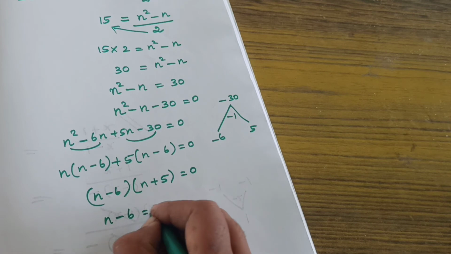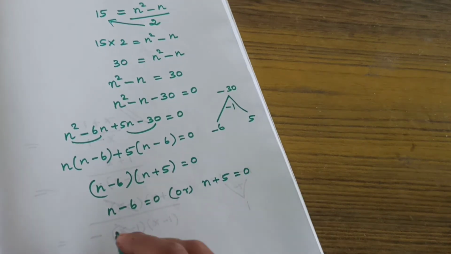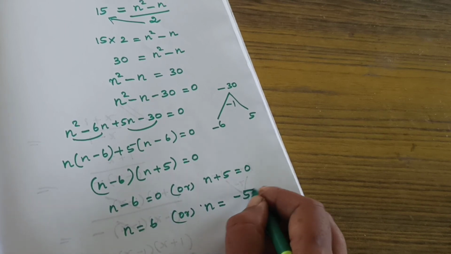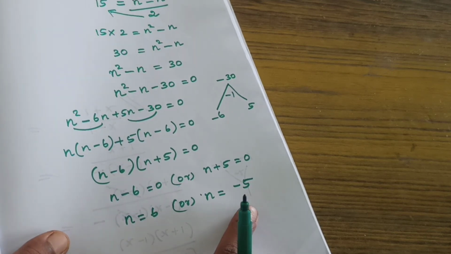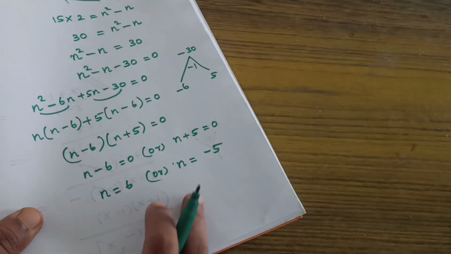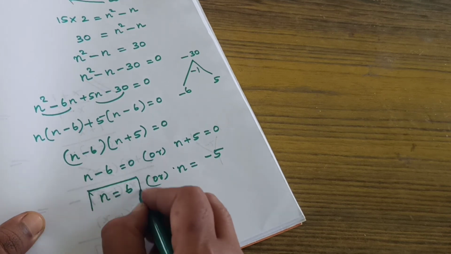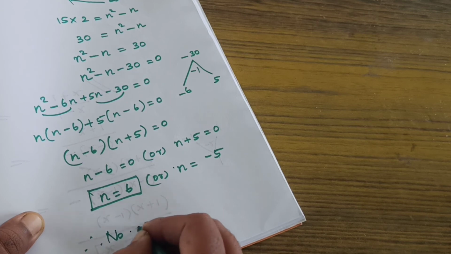So n minus 6 equal to 0 or n plus 5 equal to 0. So n equal to 6 or n is equal to minus 5. Here you should think practically, because we got 2 values for n. Since it is a quadratic equation, we got 2 values. But n means number of teams only. Anywhere, will the number of teams be considered in minus? No, not at all. So automatically, how many teams are there? 6 teams are there. Therefore, number of teams